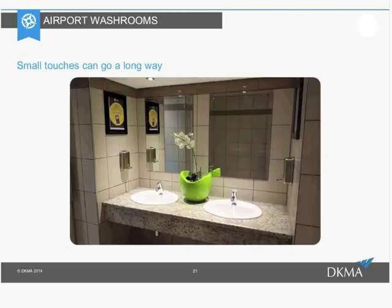In terms of improving the perception of cleanliness in the washrooms, small touches can go a long way. Again, we strongly believe that airports can improve passenger satisfaction levels by doing a lot of small things, and a lot of things that don't cost much money. It doesn't cost much to have a nice vase with a nice orchid in it in the washrooms, but that adds a much